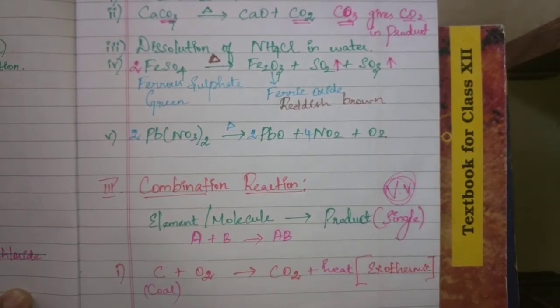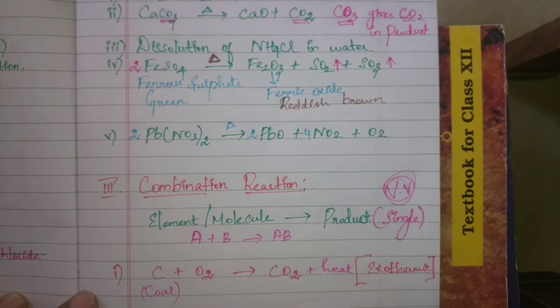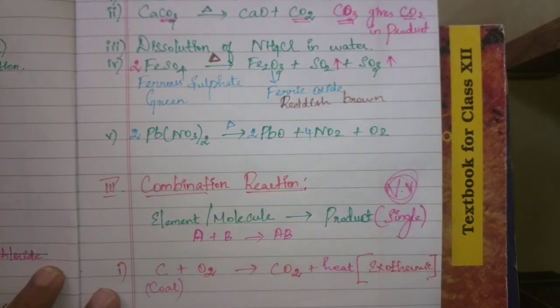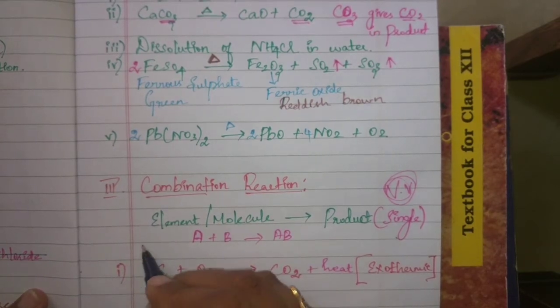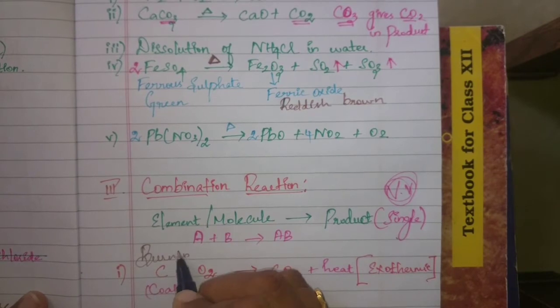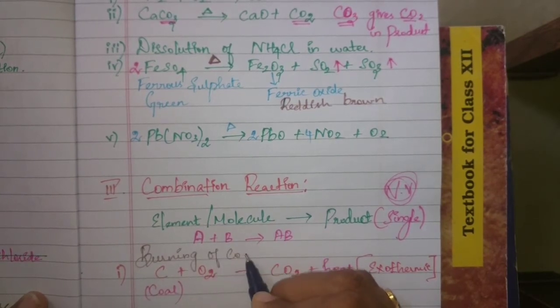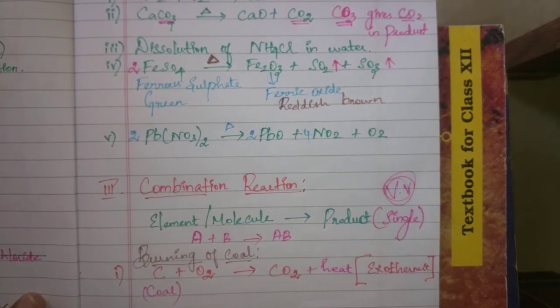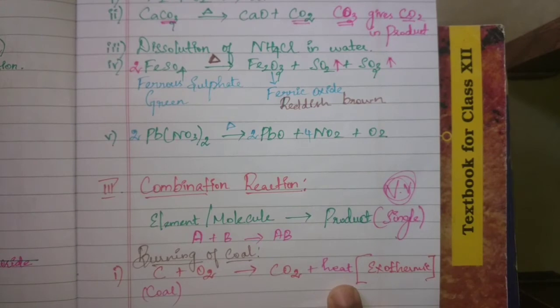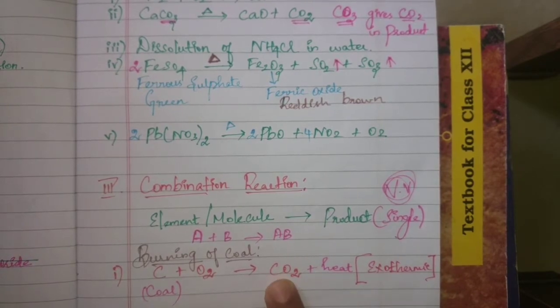Right? You have to merge the concept here, students. So burning of coal is the heading. It is an example of combination reaction as well as exothermic. So the name of the reaction is burning of coal. Clear, students? And the equation is also balanced. Heat is not the product, students. It is very important. Product means any compound you should get. Here just a form of energy is coming out. So here heat is not the product. Only CO2 is the product.